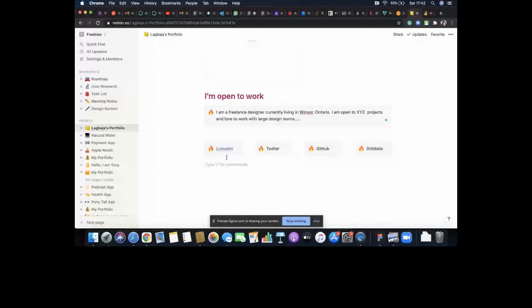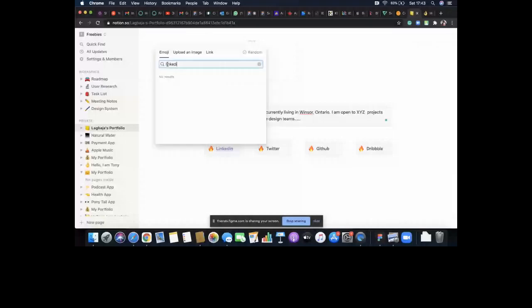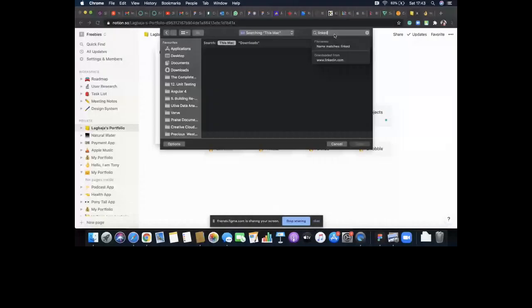Now I need to change this to a LinkedIn icon so that people know exactly that this is LinkedIn. So even if you did not see the text, you can see LinkedIn. I'll click on this. I'm very sure there's no emoji for LinkedIn. So since there's no emoji for LinkedIn, I'm going to upload an image. So I'm going to my computer, choose an image. I should have LinkedIn somewhere. A simple Google search and you do that. And I'm going to open. It's loading right now.